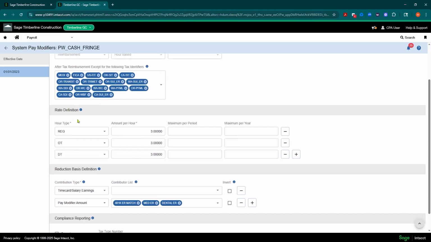And then down here, you do have the ability to reduce this fringe down. So for example, if you're allowed to deduct employer paid benefits from these cash fringe calculations, you can list each of the benefits that are eligible right here. So you can see for pay modifiers, they created a 401k match fringe. They have the Medicare, employer paid medical, and employer paid dental, and they're allowed to reduce that. So these don't have to be hour based. They can be amount based, and the system will convert them to per hour and reduce it off of the